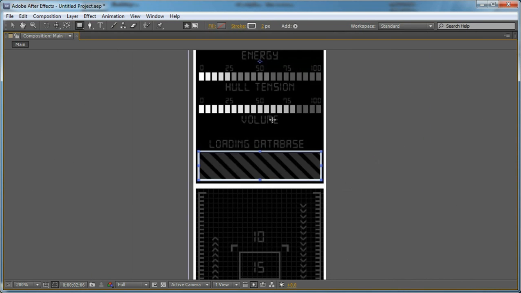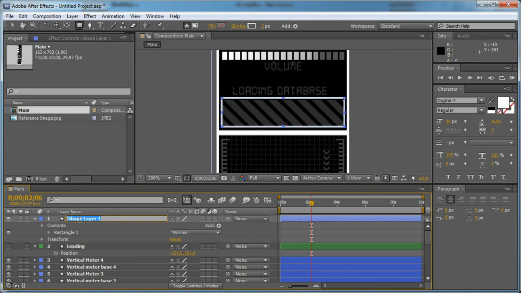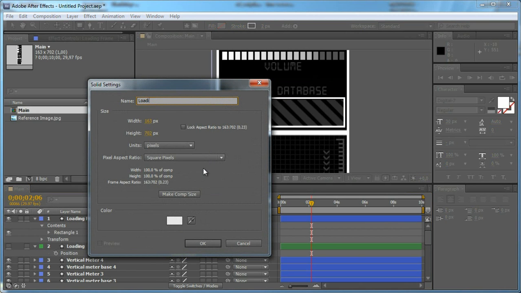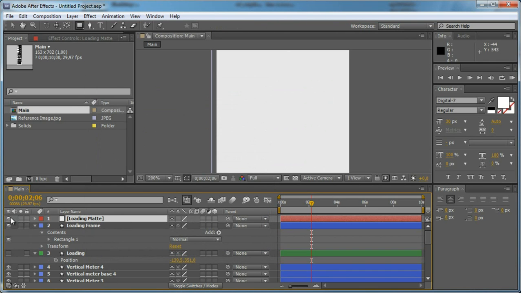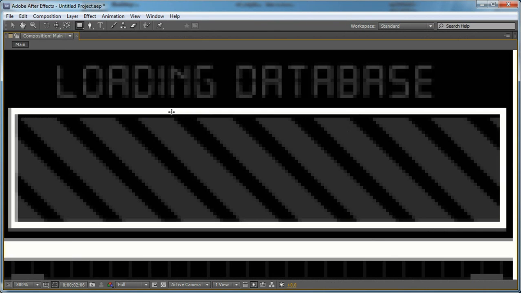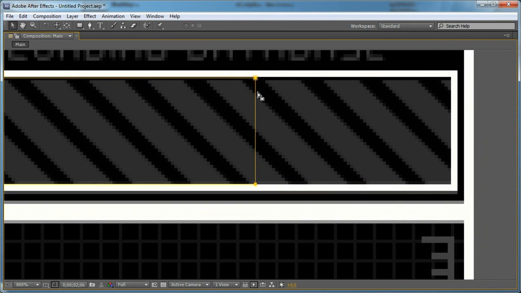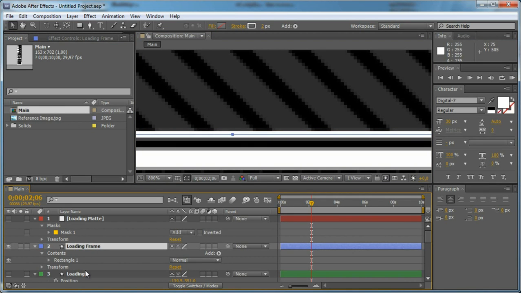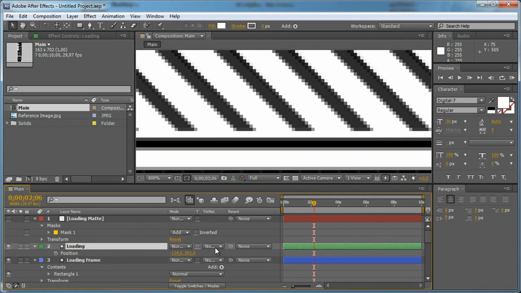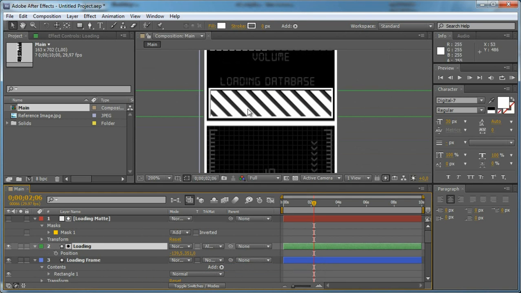So this is our shape, and let's rename it Wowing Frame, and let's create a solid layer and let's call it Wowing Matte. So we are going to use this as a track matte for the wowing, and let's create a mask layer like so, and select the wowing and set it to use the layer above as an alpha matte, so we see the lines